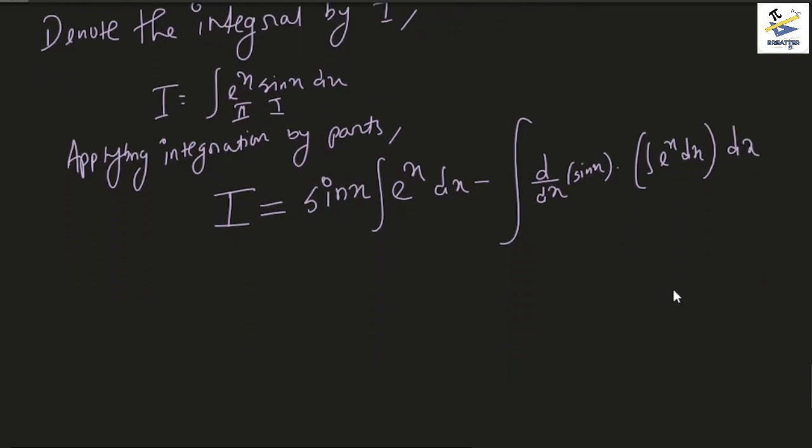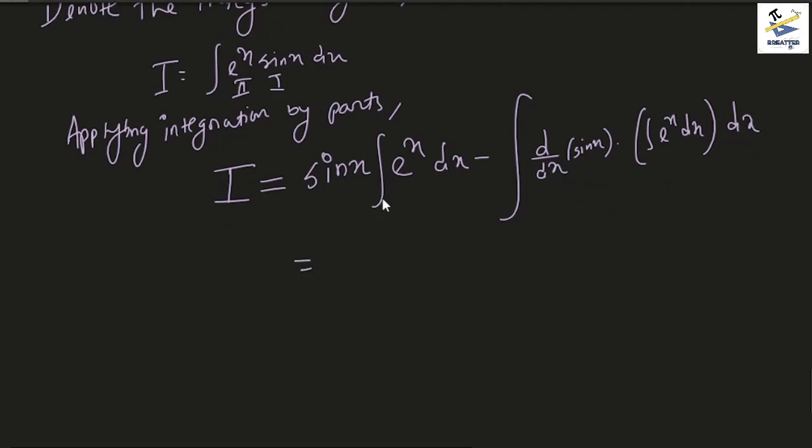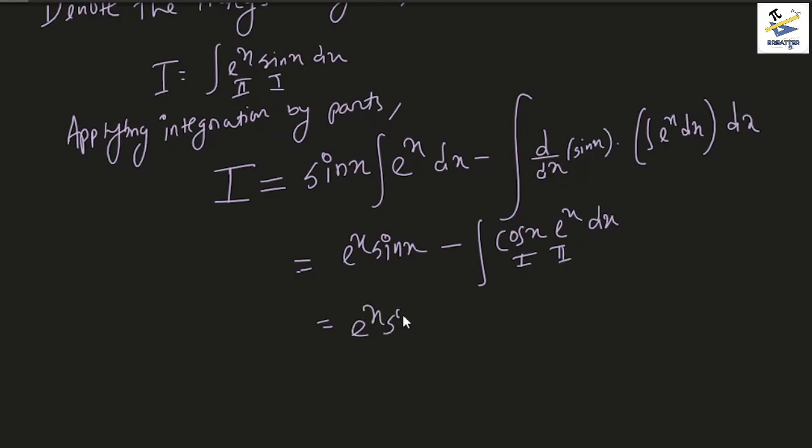dx, right? So what we do get is the integral of e to the power x is just e to the power x, so it becomes e to the power x sin x minus, differentiation of sin x is cos x, so the integral of cos x into e to the power x dx. Now this is another integral, so again we apply the same integration by parts technique with cos x as the first function and e to the power x as the second function. Notice how we have to do integration by parts twice here, and you will see why. It becomes cos x into the integration of e to the power x dx minus the integration of d/dx of cos x,